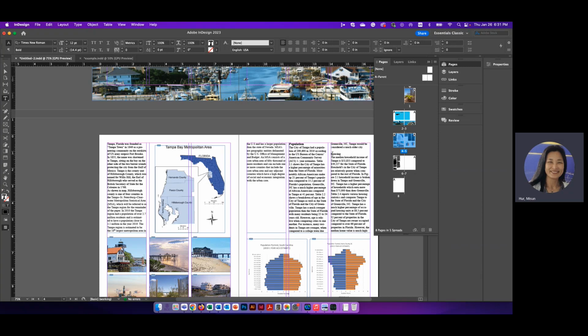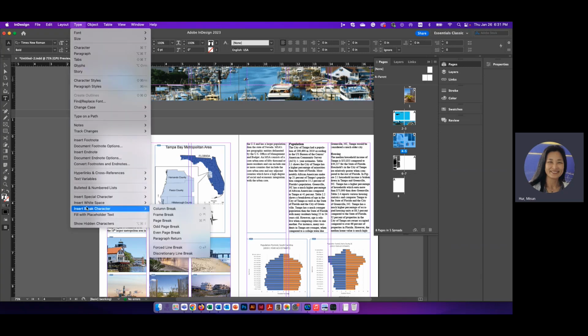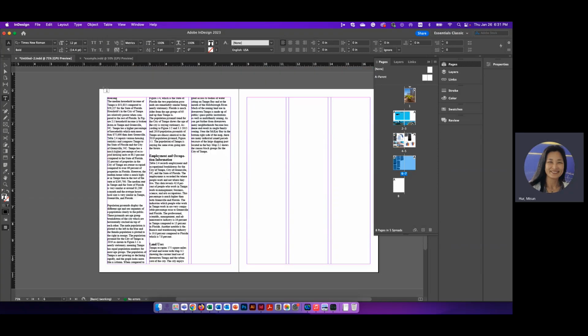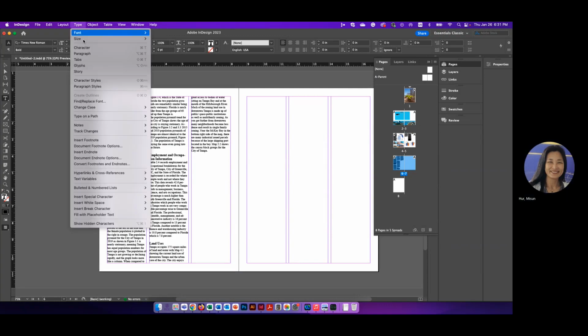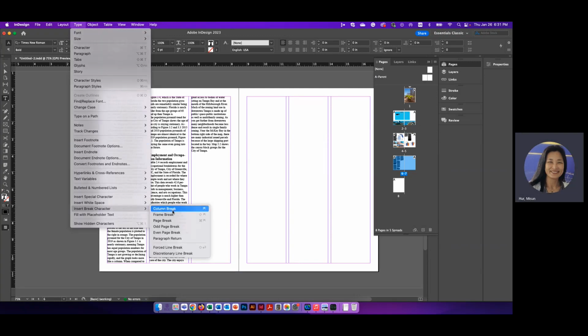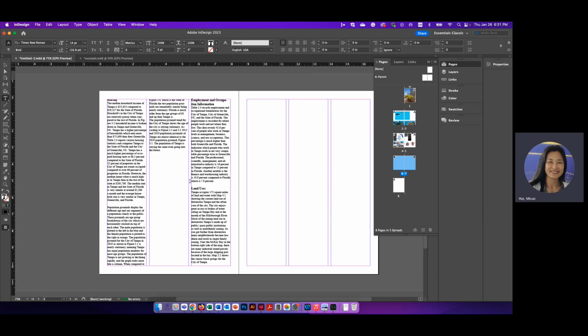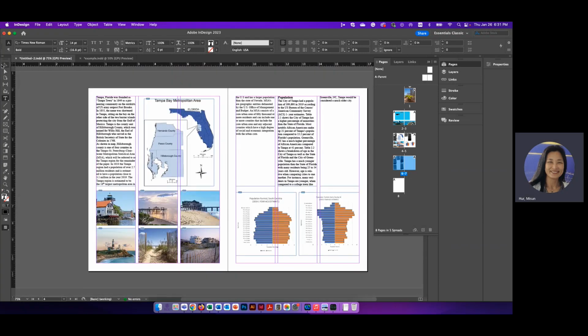Click, blinking in front of the housing. Let's go to type, and then insert the break and move to the next column, and that which is now here. So that one is pyramid, that's employment. So from employment, I want to have it go to the next column. So you can add the column break every time. And what happens is if you have it this way,